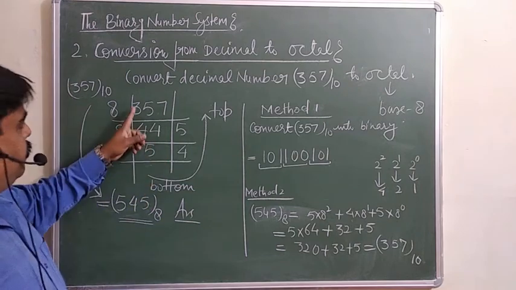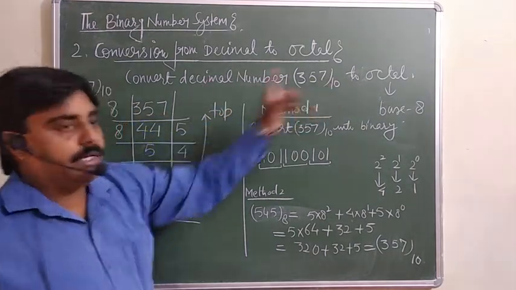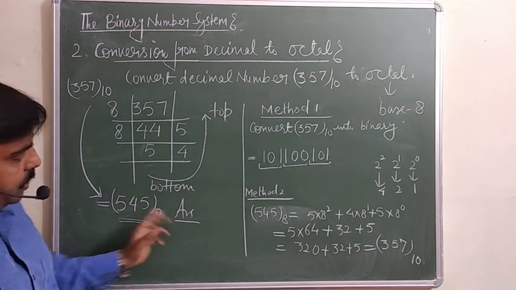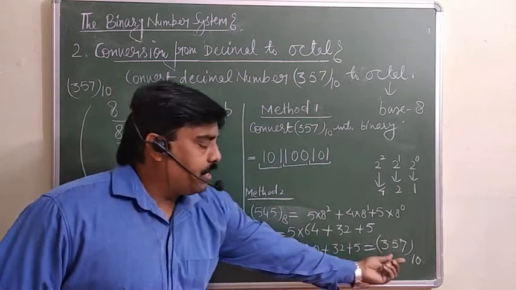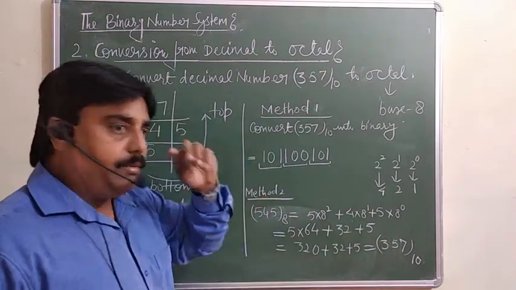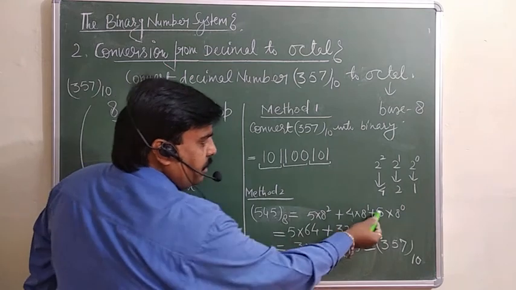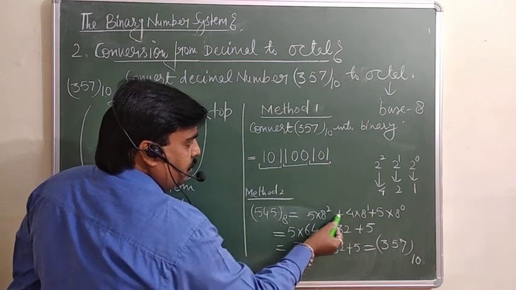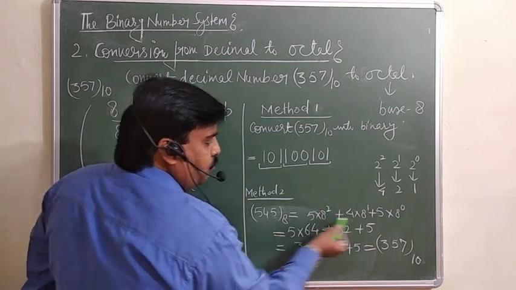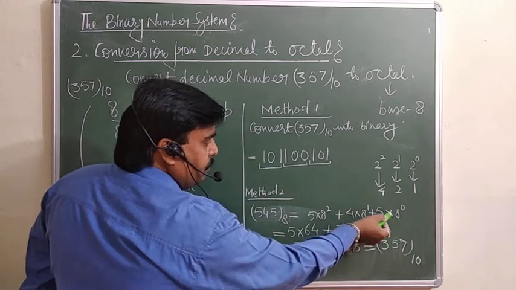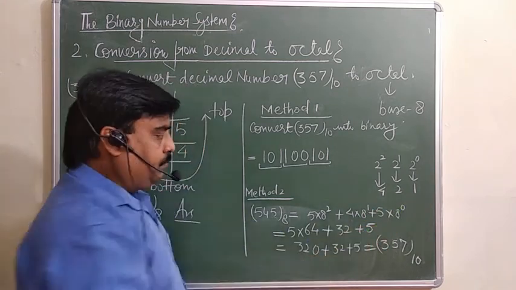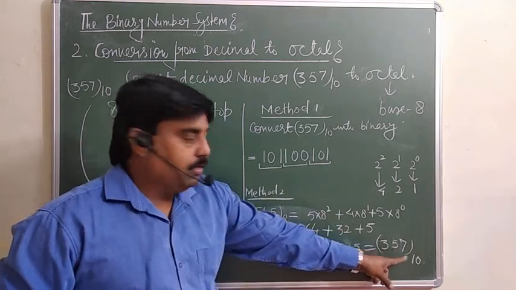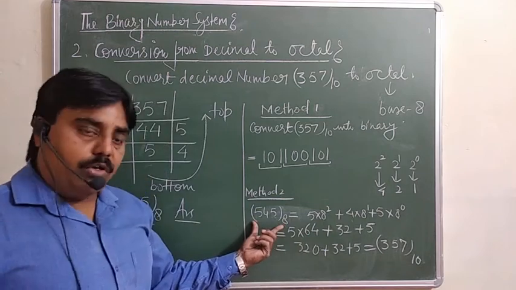Yes, so here we were discussing how can you change the decimal number into the octal. By dividing by 8, you are getting this in octal form. Now question is, if the octal form is given, then how can you find out the decimal form? So same method is there as we were doing in the binary. This 5 into base 8, 8 raised to power 0 plus 4 into 8 raised to power 1 plus 5 into 8 raised to power 2. And you must solve this one, you will get this number. Just see, 8 raised to power 0 means 1, 1 into 5 is 5, 8 into 4, 32, this is your 320. So you must add, this is 357 base 10. This is your decimal form and this is your octal form.